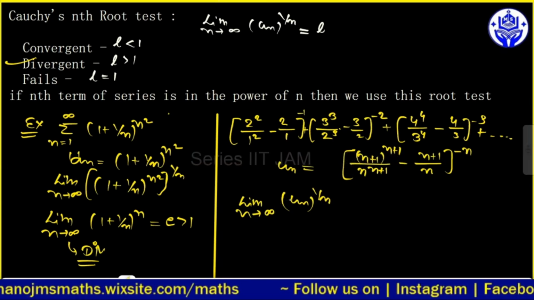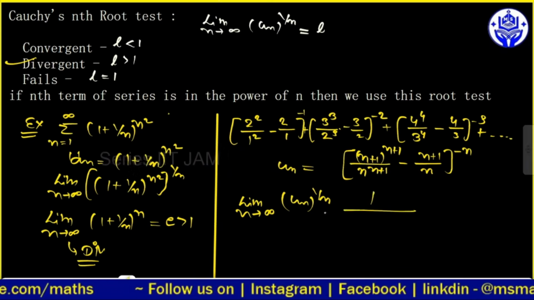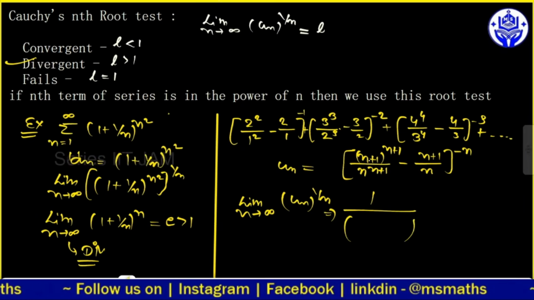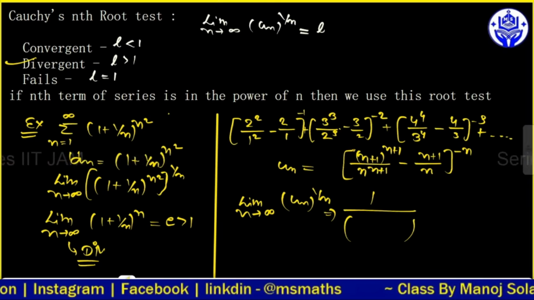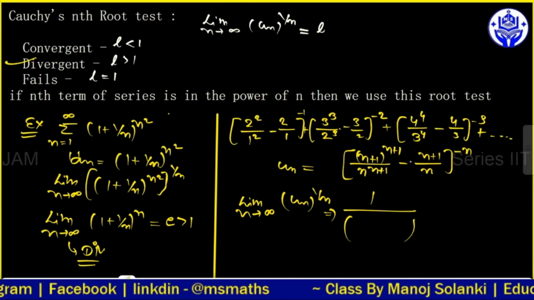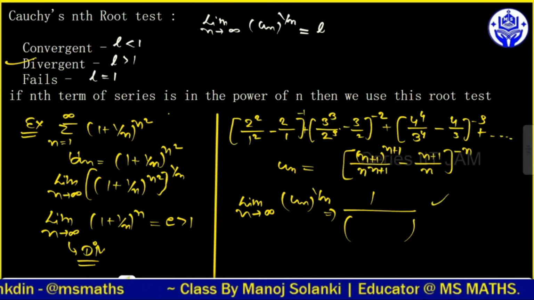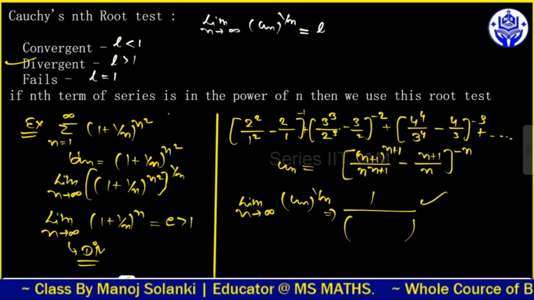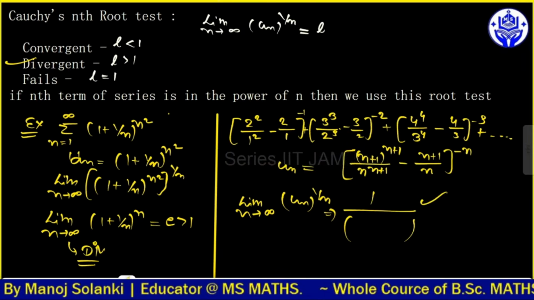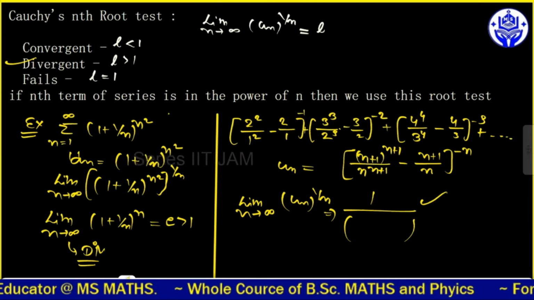तो जब हम यहाँ पे n टेंड्स टू इनफाइनाइट पुट करते हैं तो हम क्या देखते हैं कि यहाँ पे आपको सीधा सा क्या करना है, ये n से n कैंसिल हो जाएगा, ये 1 अपॉन में चला जाएगा पूरा टर्म, और यहाँ से नीचे से 1 को कैंसिल, यहाँ पे 1 कॉमन आ जाएगा जो कि इससे कैंसिल हो जाएगा, यानी कि n कॉमन आएगा जो कि इससे कैंसिल हो जाएगा, इधर से n कॉमन आएगा जो कि इससे कैंसिल हो जाएगा। तो इस टाइप से आप इसको बिल्कुल इजीली चेक कर सकते हैं। हम एक और एग्जांपल लेके बताते हैं आपको, इससे L फाइंड करें, अगर L 1 से छोटा है तो कन्वर्जेंट हो जाएगा, अगर L 1 से ग्रेटर देन है तो डाइवर्जेंट हो जाएगा।